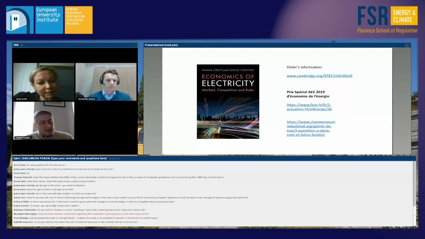One is that we tend to describe, and this also explains why it is called economics of electricity, not economics of electricity markets, because electricity is a system. There is an electricity system that is rather complex. And it is discussed from the economic point of view, all points of the system,